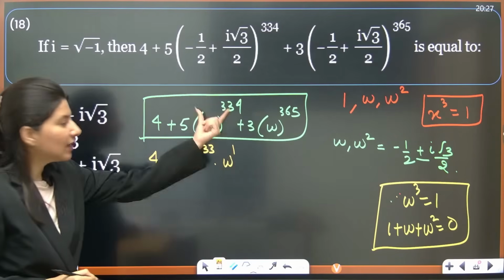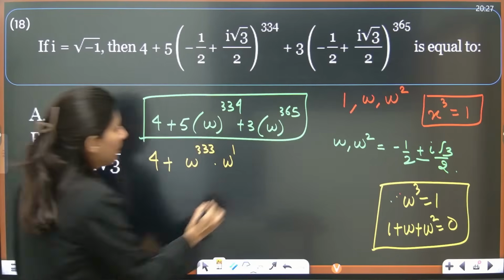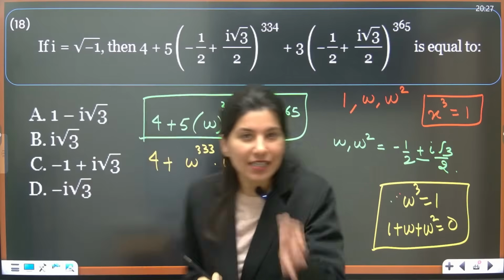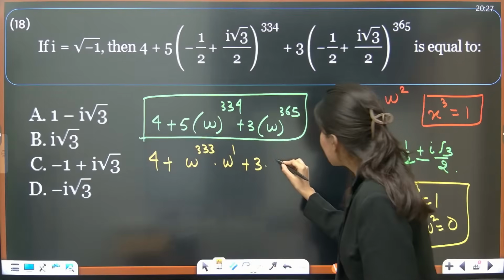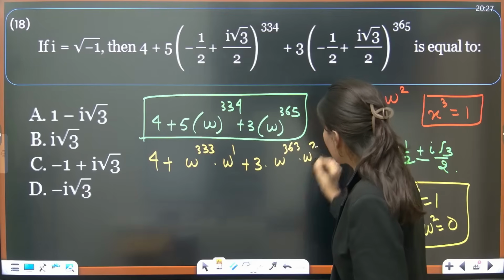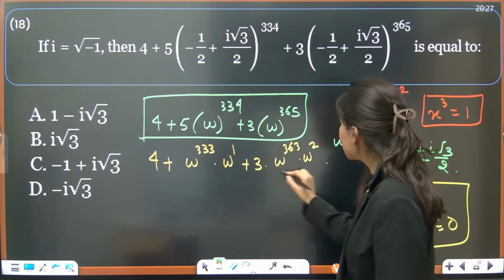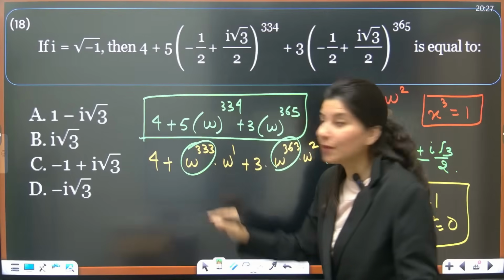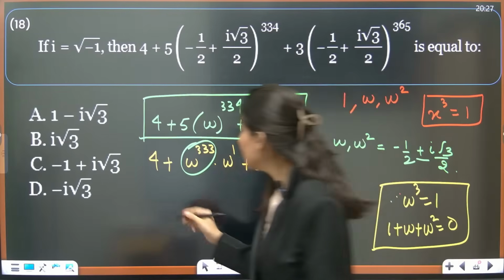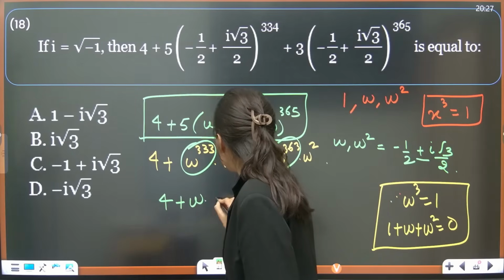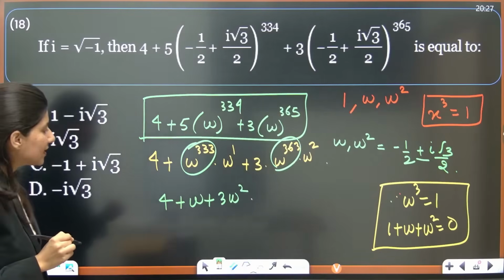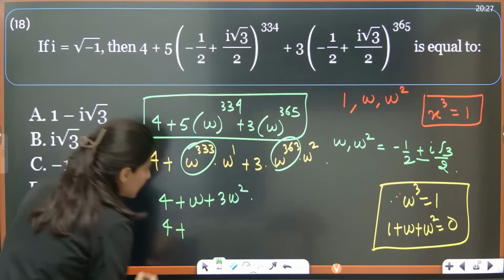Can I write it this way? 334, I am breaking it. Plus 3 times omega 365. 365 is not divisible by 3, but I can write omega power 363 and omega square. Now omega power 363 and omega power 333 both are multiples of 3 powers, so both will become 1. So 4 plus omega plus 3 omega square. Understand? 4 plus omega plus 3 omega square. So 4 plus